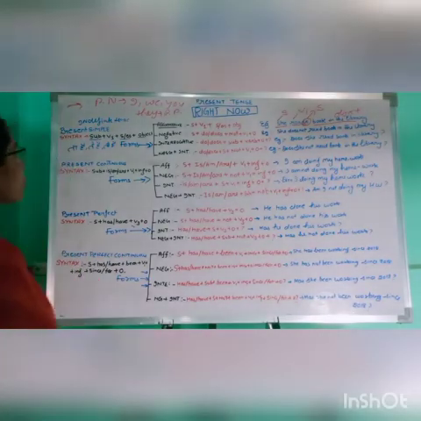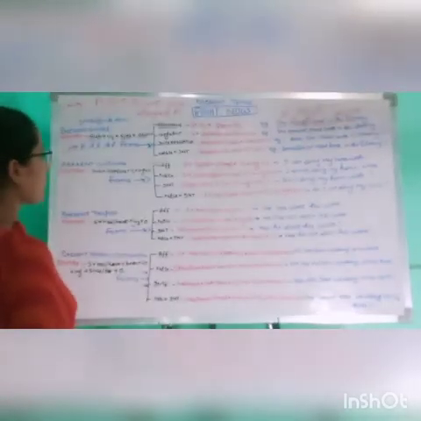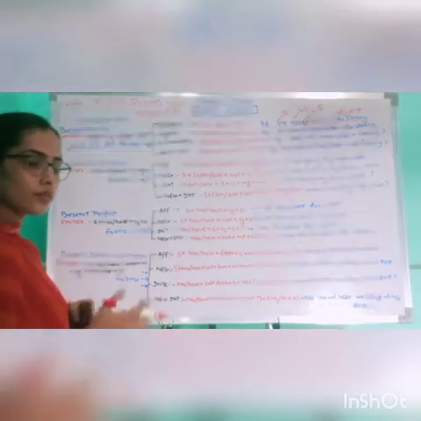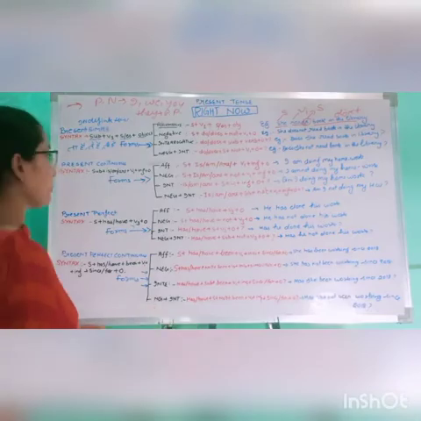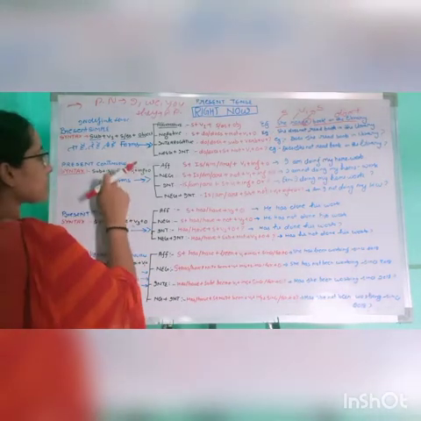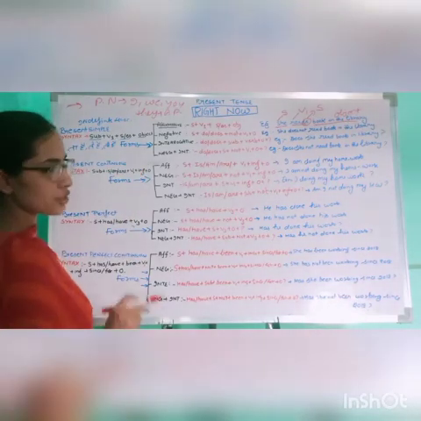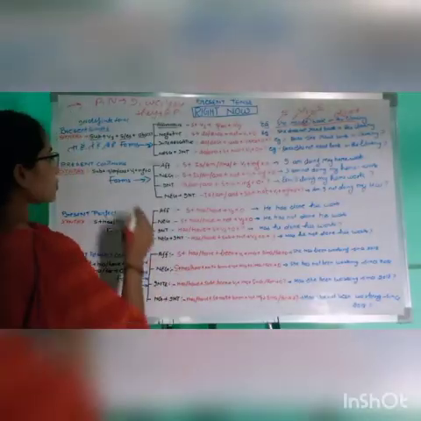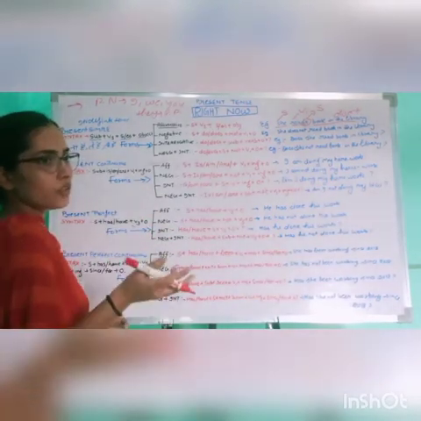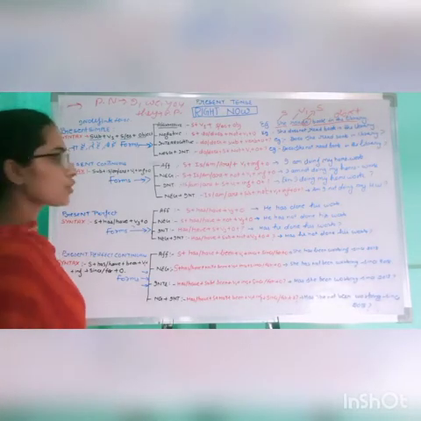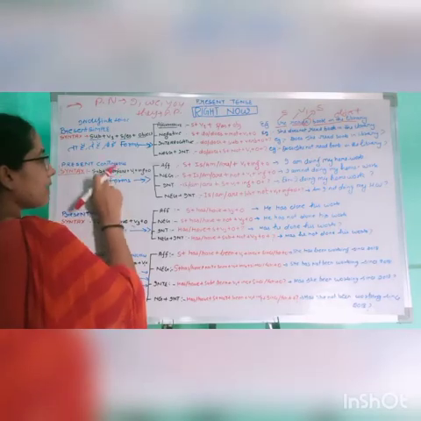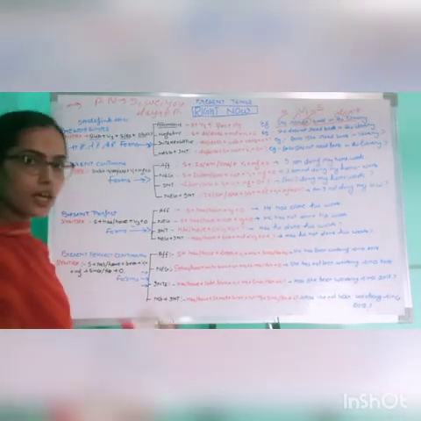Now we are going towards the present continuous. Present continuous refers to something we just continue in the present time. So here is the syntax: subject plus is, am, are plus verb first form plus ing plus object. Remember one thing, students, in every continuous tense, either present, past or future, we will find first form plus ing, but the helping verb will change according to the tense.